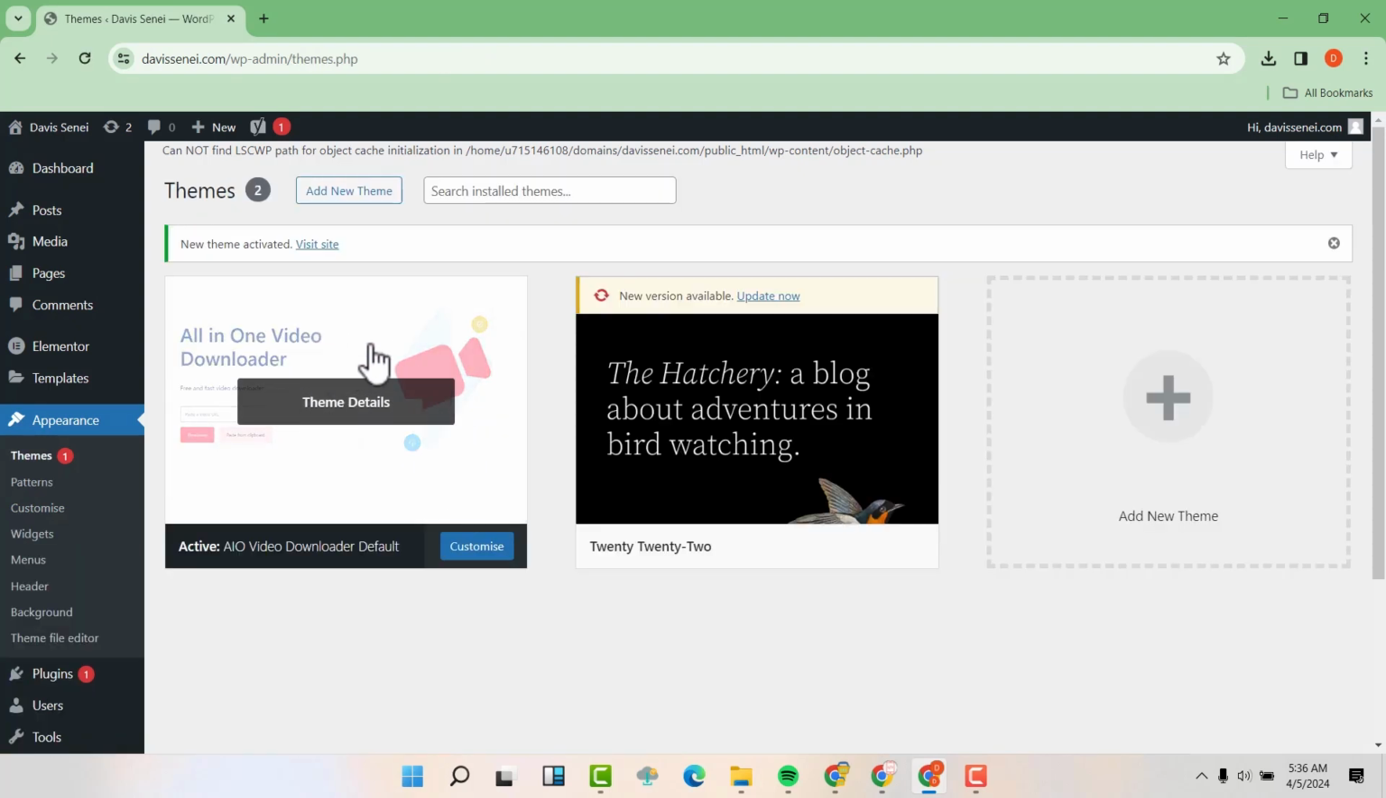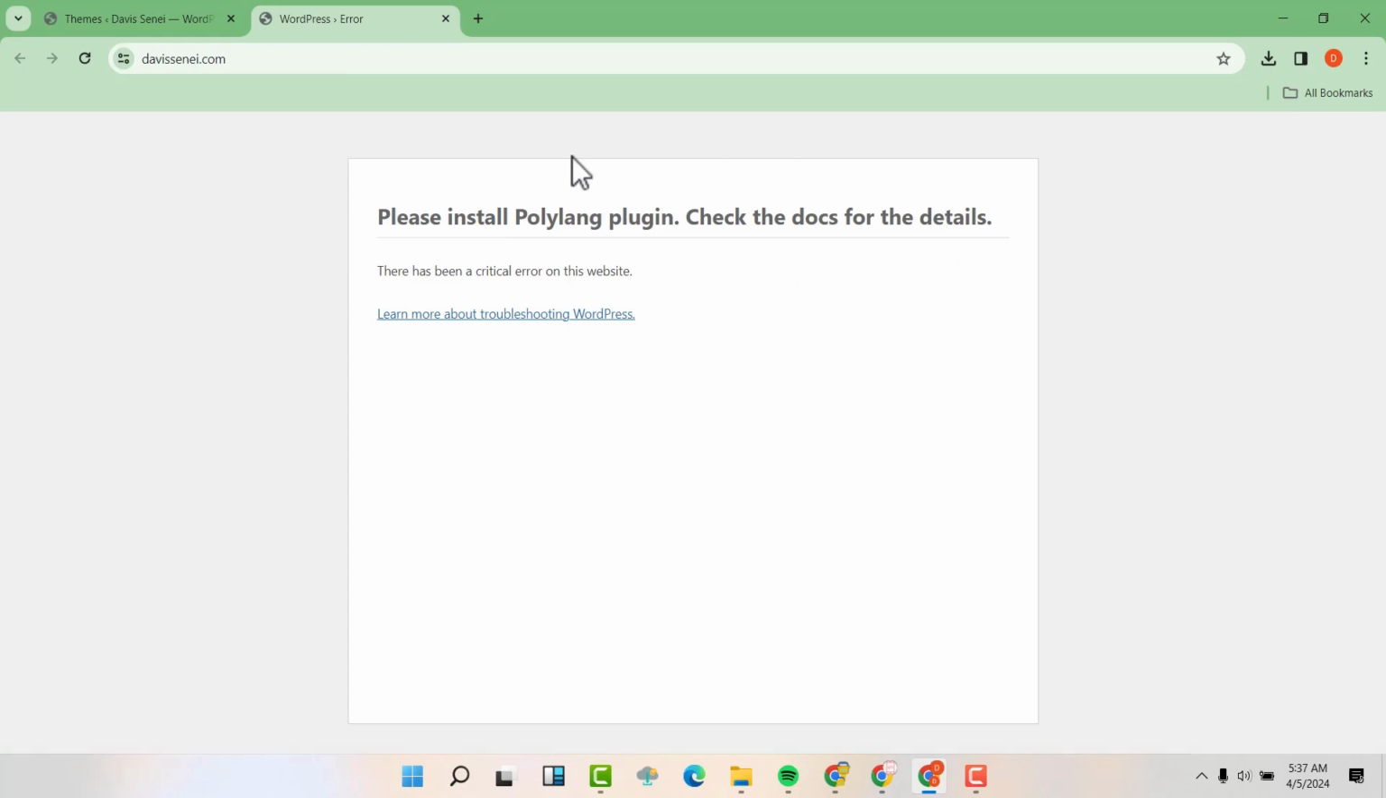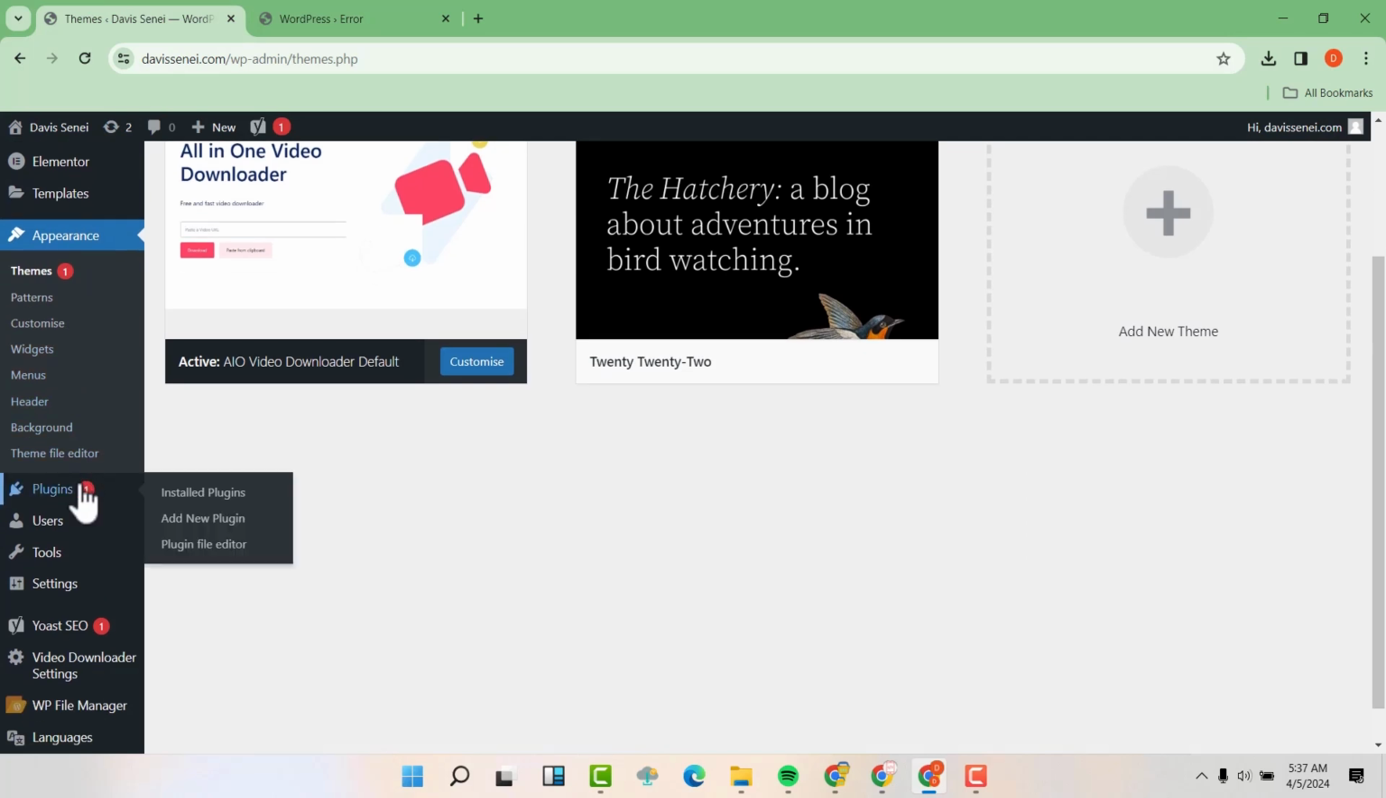So you can see that we have now the theme that we have just downloaded. So if we go to our site right now, it's not looking good, but we are almost there. So if you go and click on your name here and then view site, you can see that it's telling you to install Polylang plugin. So you are going to configure this particular plugin, and then you are going to come and check whether this will be still here. So let's go to themes and then go to plugins, install plugins,